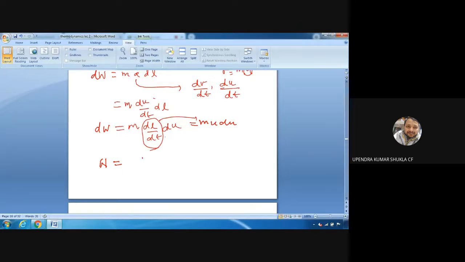So for an infinitesimal change in velocity du, for a finite change in velocity you must integrate it from u1 to u2. Suppose velocity is changing from u1 to u2. So what you will do? Integration. The mass of the object would be the same, m, and then u du, put it,